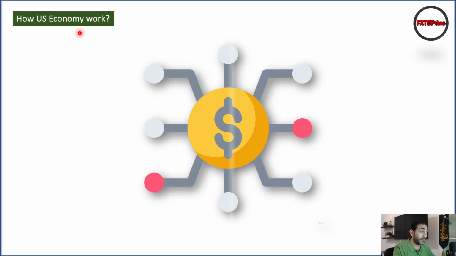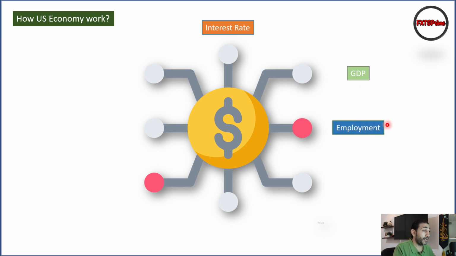So now if you look at the US dollar and its important indicators, you will find the interest rate. I'm going to detail for you the interest rate and how you can correlate it with the chart 100%. So stay with me and bear with me, please. The tool they are going to use to increase or decrease the value of the US dollar is the interest rate. The indicators they use to do that are the GDP, the employment,